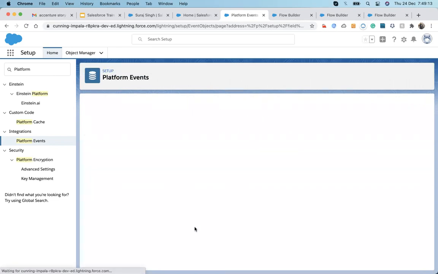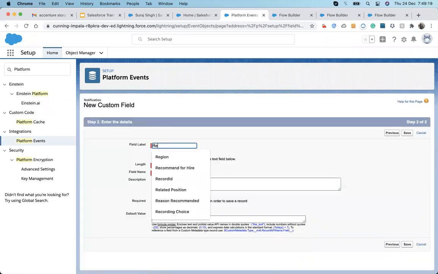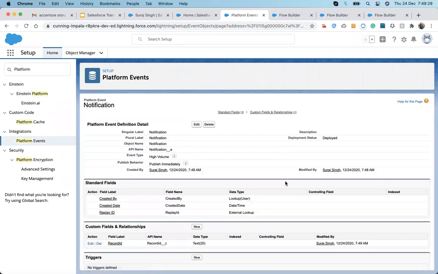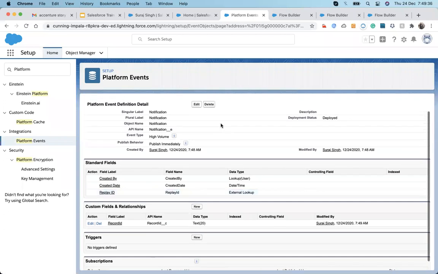For that, I will create a field and store that record ID in it. Now our notification is complete. This is how we create a platform event.